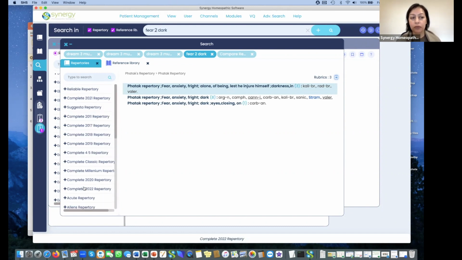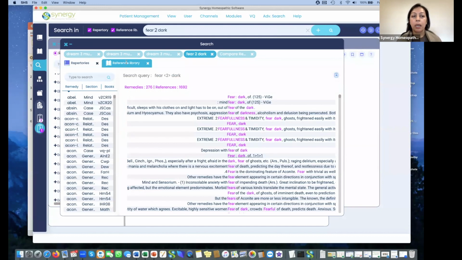that you may not be familiar with, and maybe helps you hone in on a rubric that you may not have thought of. And then it will also run the search in your reference library, which is all the clinical literature, materia medica, journals, and provings. As you can see, it found 276 remedies and almost 1,700 references that contain that search criteria. And it will display all the references here: the remedy, the section that it came from, and the book that it came from,